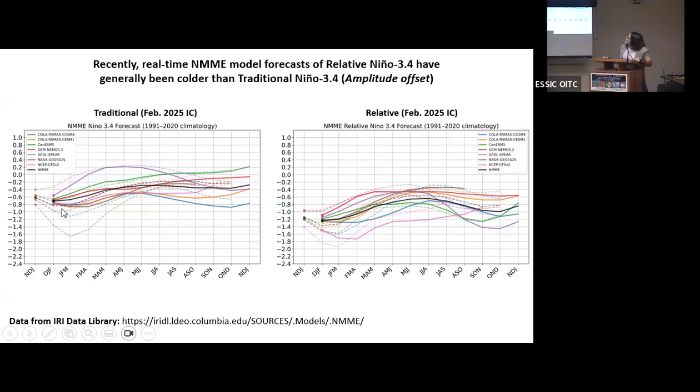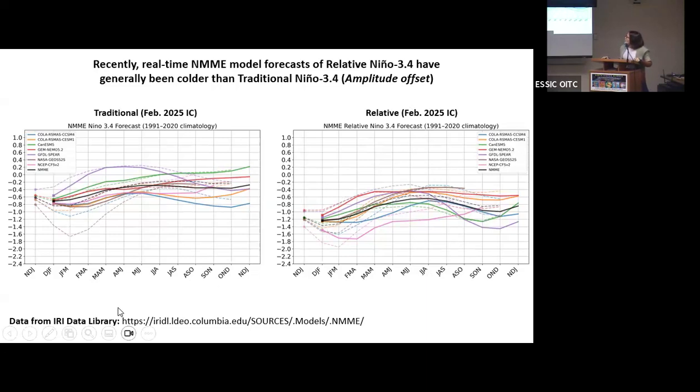And right now you see we're in our weak La Niña from a traditional standpoint. And then we're very quickly expected to get to our minus 0.5 thresholds and we'll be in ENSO neutral. From a relative perspective, look at this. Almost all of these lines, not all of them, but almost all of them are below our La Niña thresholds. So that just stays in La Niña. We potentially have another second dip coming up next winter. So these are pretty different.